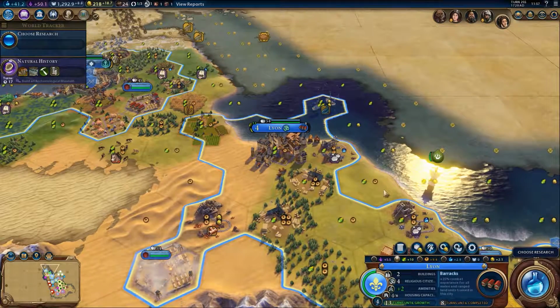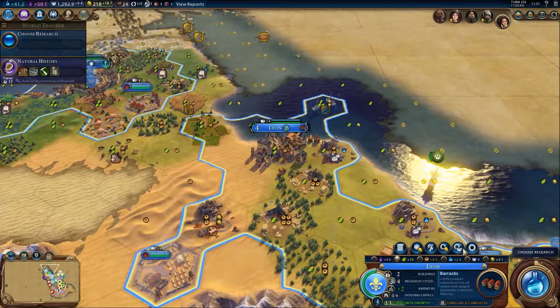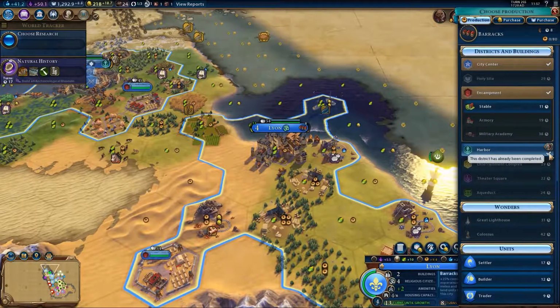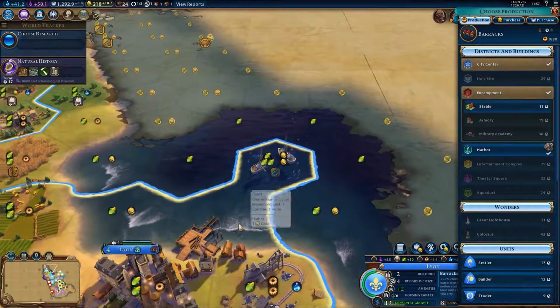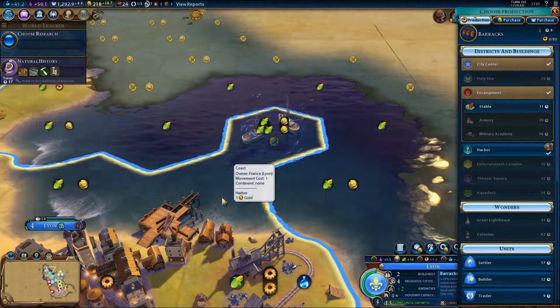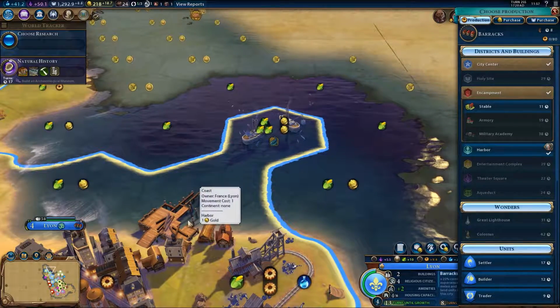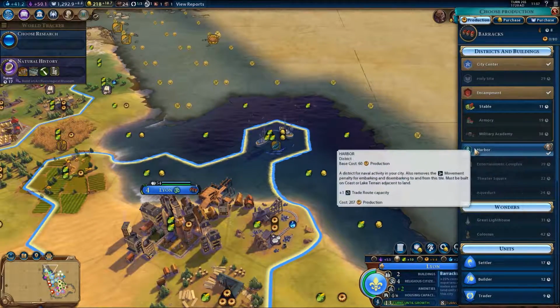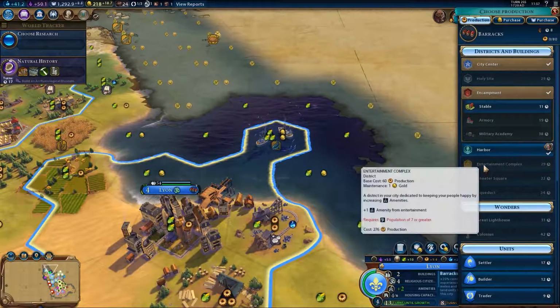That's a bit weird. Okay, if we go into a barracks and then go back into there, I assume a harbour is back on the list. Oh, it's ticked. This district has already been completed. Hang on, what? You don't just build a district instantly, you have to build it. That's not finished. What do you mean it's completed? Okay, it just must mean it's been started but not finished. So, in terms of building the other ones...